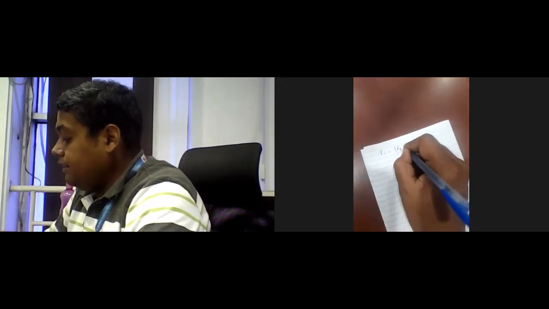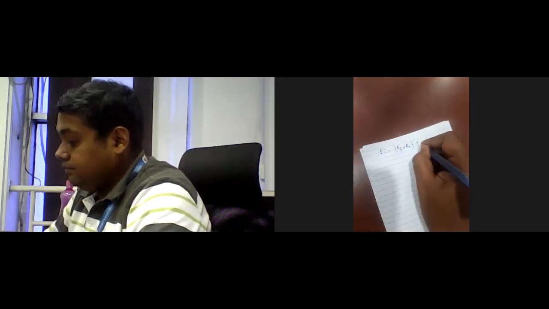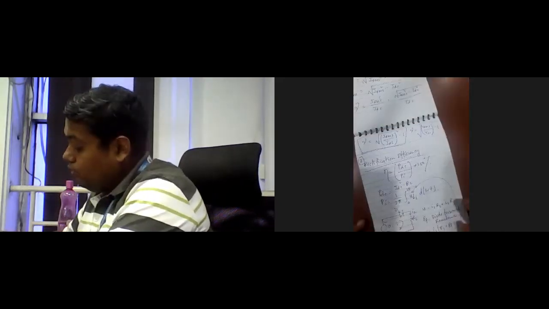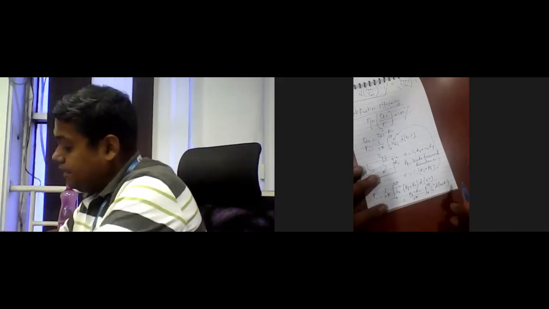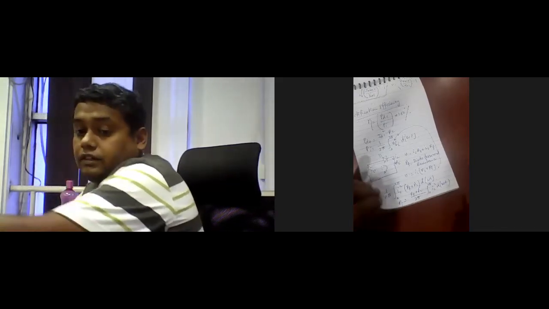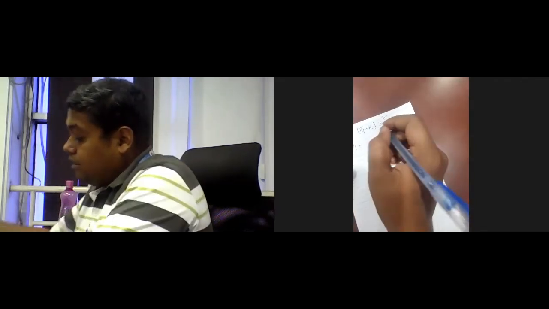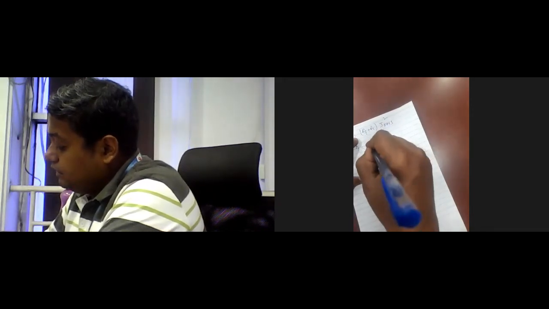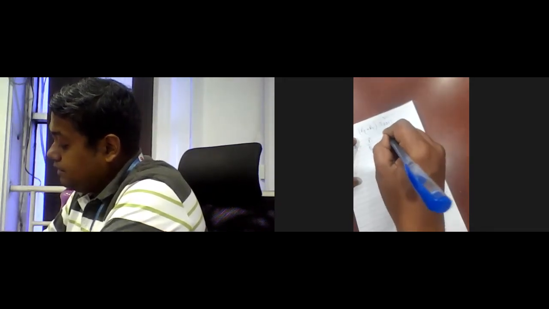So Pi equal to (RF plus RL) into IRMS square. This is the IRMS square over here. Pi equal to (RF plus RL) IRMS square. So eta, that is equal to Pi by PDC into 100%.